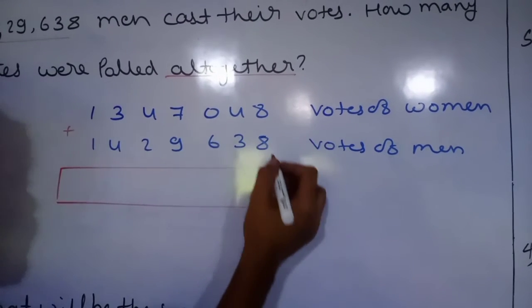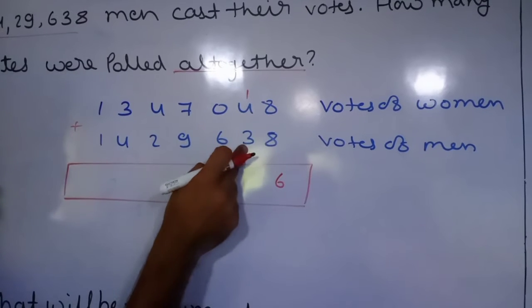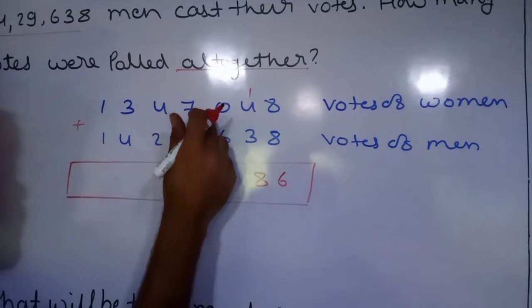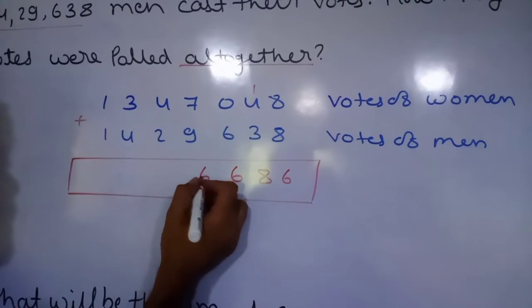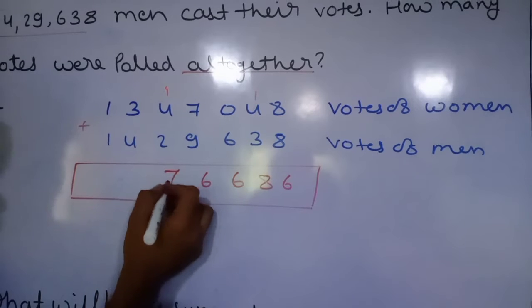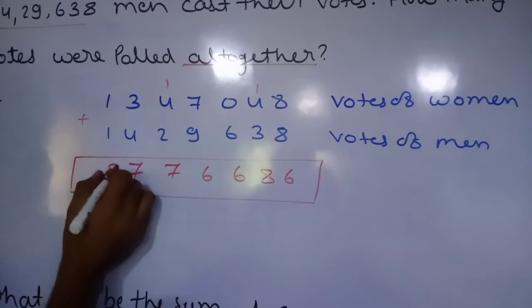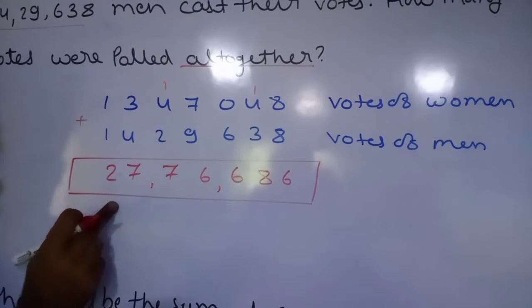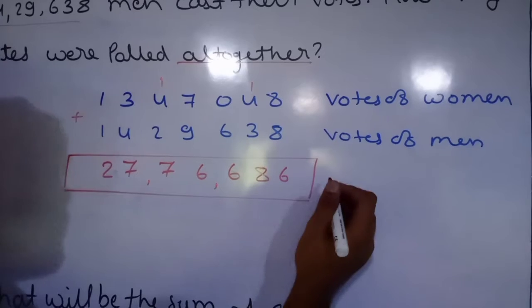So 8 plus 8, 16, 1 carry. 1 plus 4, 5, 5 plus 3, 8, 0 plus 6, 6, 7 plus 9, 16, 1 carry. 1 plus 4, 5, plus 2, 7, 3 plus 4, 7, 1 plus 1, 2. So we got 27,76,686 votes